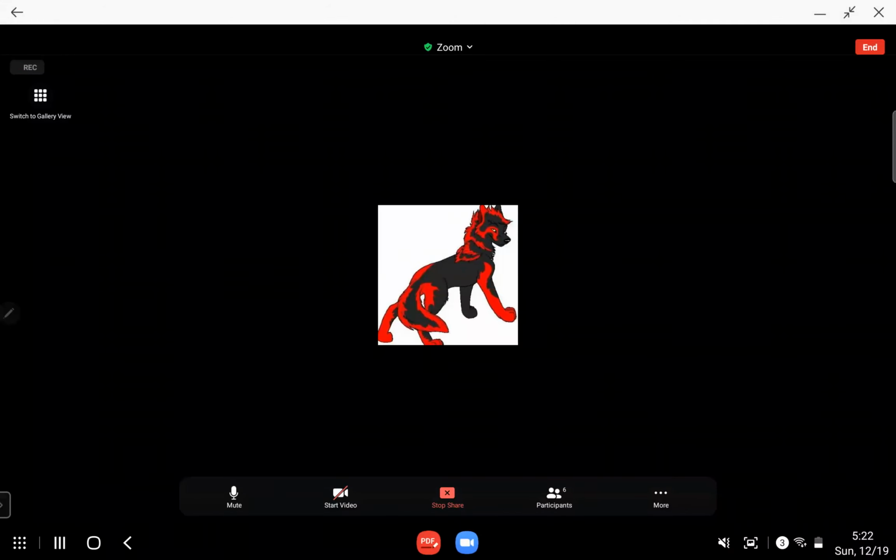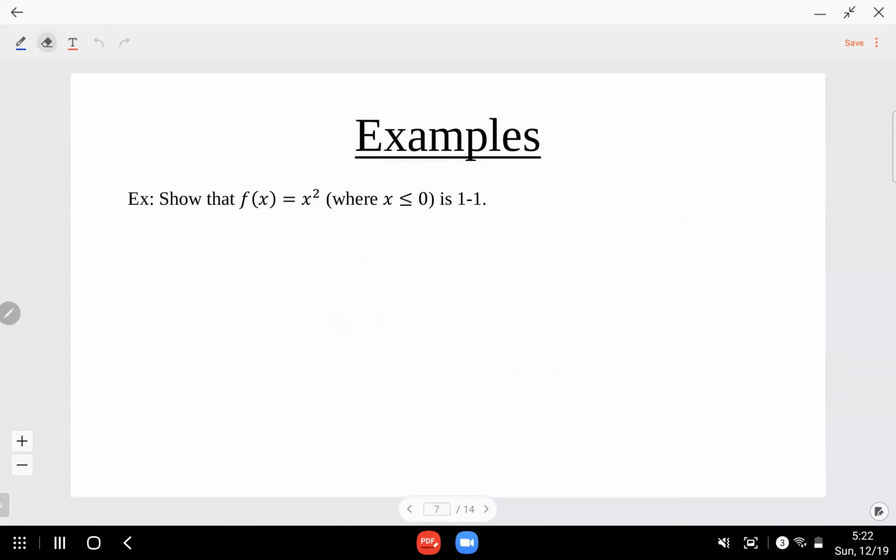No questions? All right. So I think this is our last example on 1-to-1 functions. Show that f of x is equal to x squared, where x is less than or equal to 0, is 1-to-1. Now, we know that a parabola, x squared or x to the 4th or whatever,